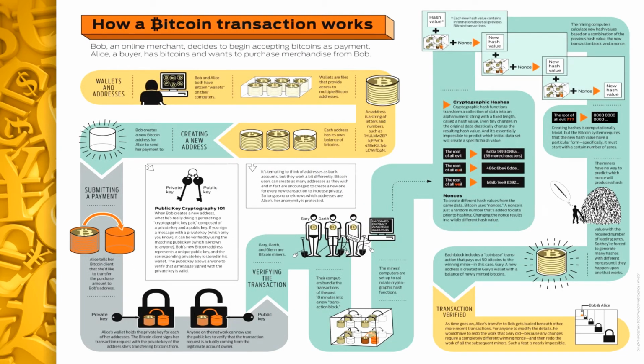Here is a brief description about the total things which are happening from creating a wallet and address to the final transaction and verification. First of all, a human is creating a wallet. Over there you can see Bob and Alice. They are creating their Bitcoin wallets. Bitcoin wallets are nothing but they have the access to keep multiple Bitcoin addresses. Now while transferring, suppose Alice wants to send to Bob, they will create a new address for Bob and it will start paying. Again comes the concept of private key and public key, which we have discussed in video 1 about the cryptography. You can see this image and understand very nicely.